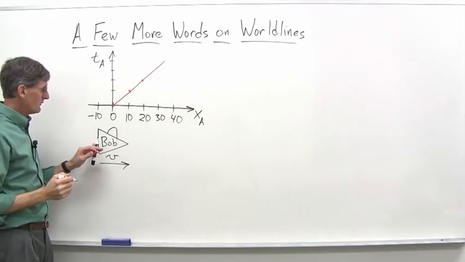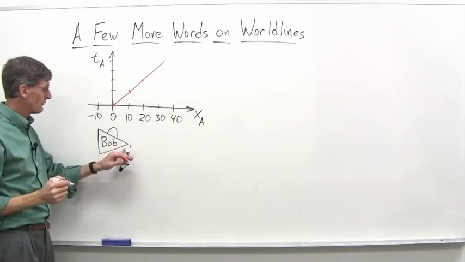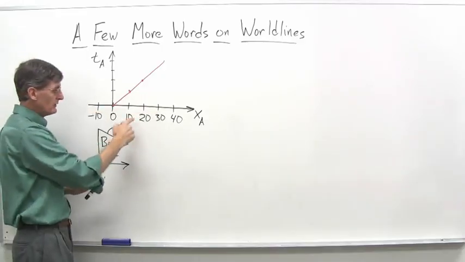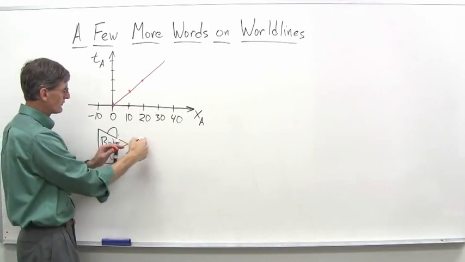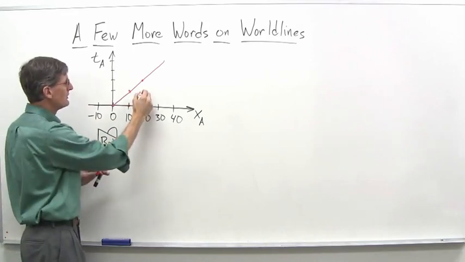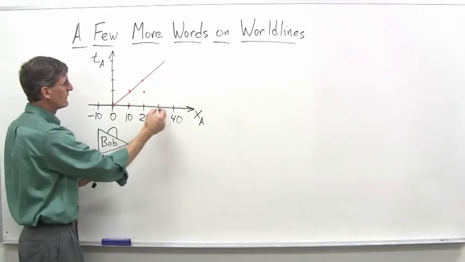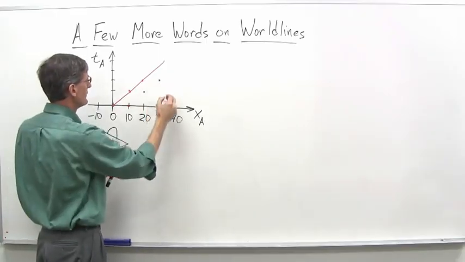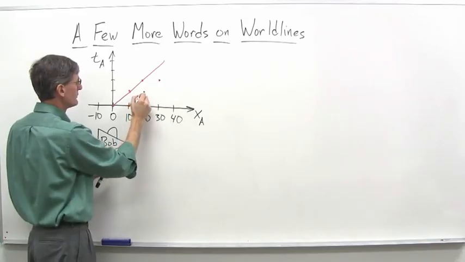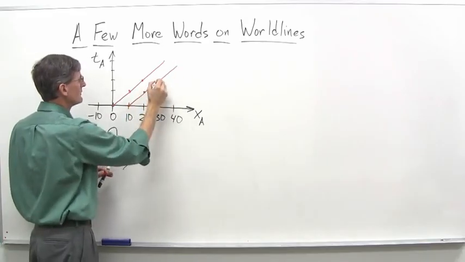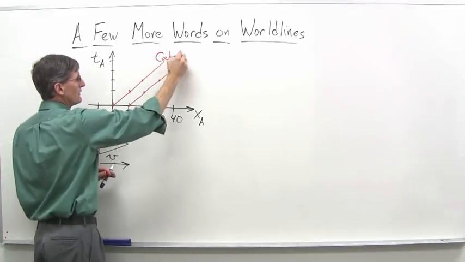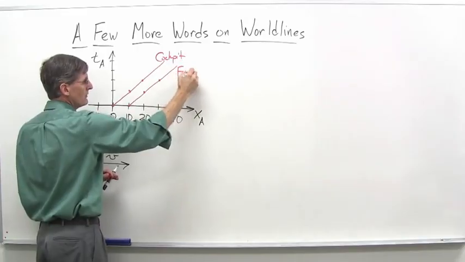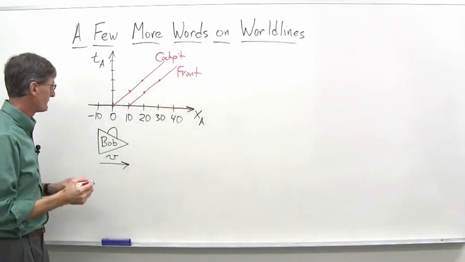What about the front of the ship? Let's do the front of the ship here. At time t equals 0, it's at 10, so it would be there. And then at the next time, it'd be at 20, so it'd be here. And then 30 and 40 and so on at each time. So the front of the ship, its world line looks like that. This is the cockpit where Bob is sitting. This is the front of the ship, the world line of the front of the ship,